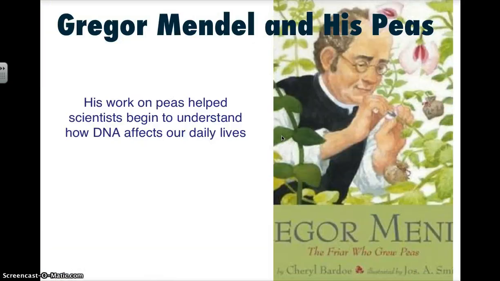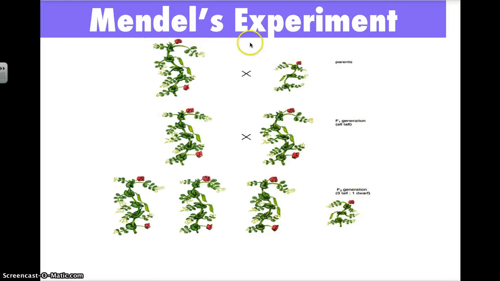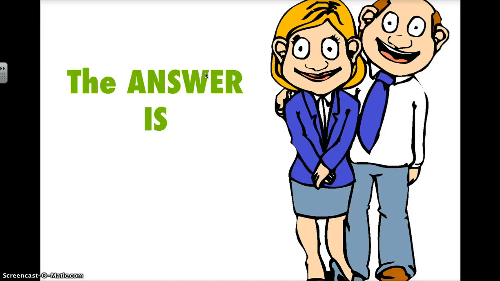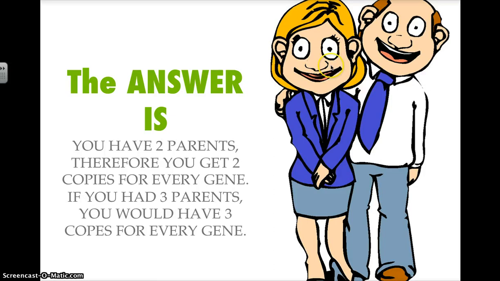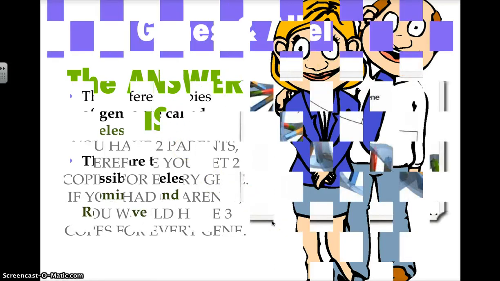In terms of, for example, when we're talking about Gregor Mendel, having this visual is something very important. Being able to pause and explain what's occurring is always very important. Not so much text heavy, but more visual, using pictures that students can easily grapple with and interact with. Using pictures that they're familiar with. For example, having two parents and that being the answer of why we have two genes is always a good